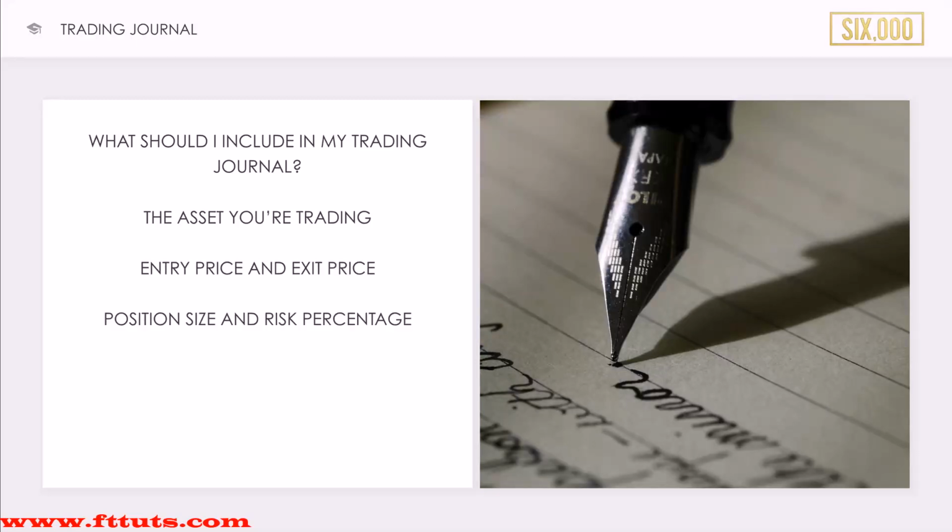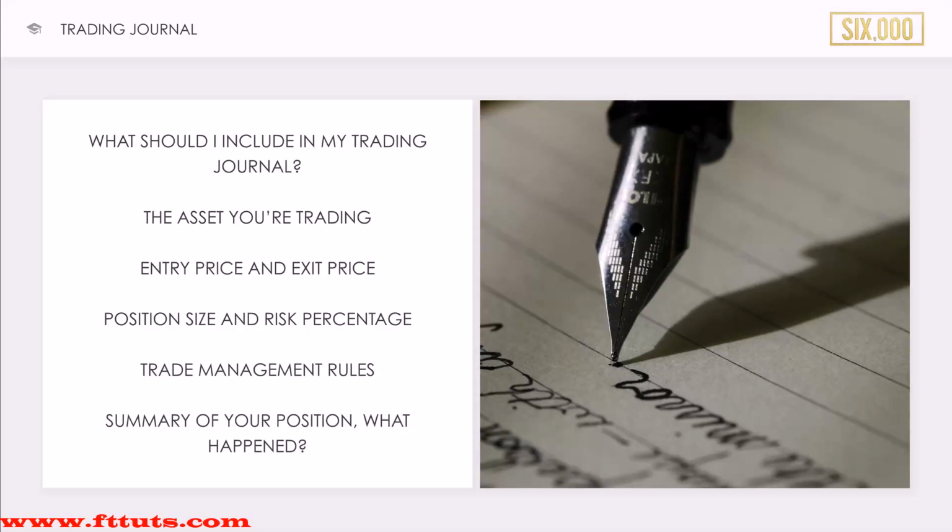The position size and risk percentage, again, we'll cover these in later modules, but the position size, of course, is calculated based on your unit and lot size, and the risk percentage is always 1 to 2%. Trade management rules, again, we'll cover these in later modules, and then the summary of your position. What happened? Was there any interference with the position? Did you close it early? Did you let it run until it hit your final take profit target? What happened? Always write a summary of your position